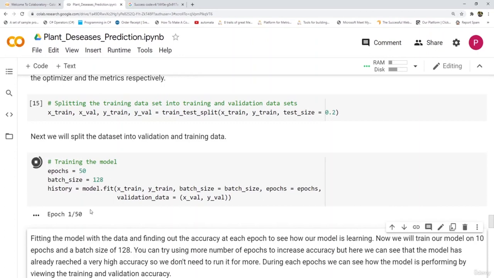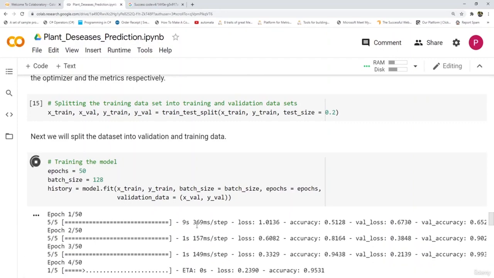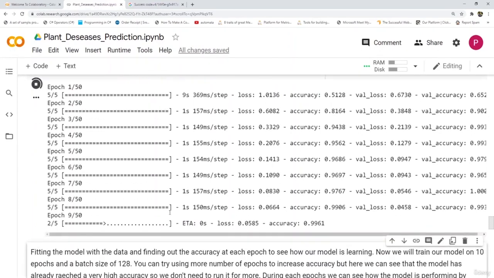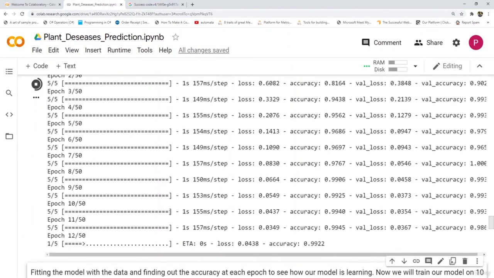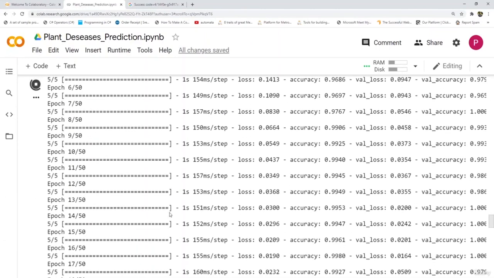As I have used 50 epochs here, it will take some time. Let's see how much time it takes for the first epoch. So it took around 9 seconds for the first epoch. So it will complete in around 4 to 5 minutes, I think, or maybe even faster, as you can see here. Here you should observe the accuracy.